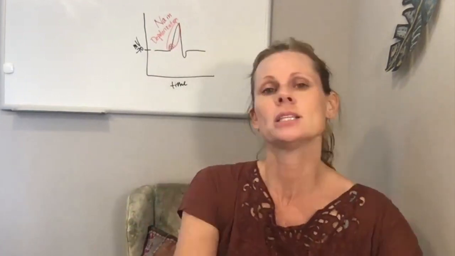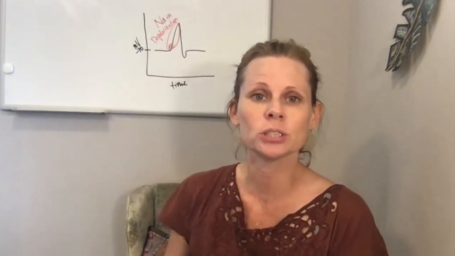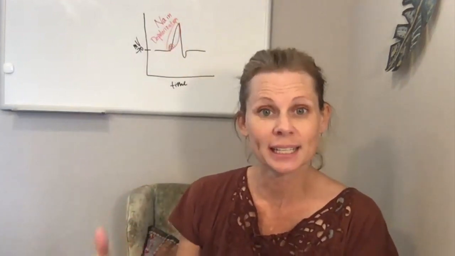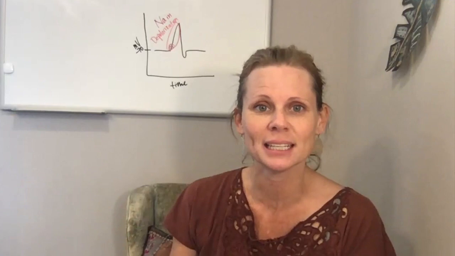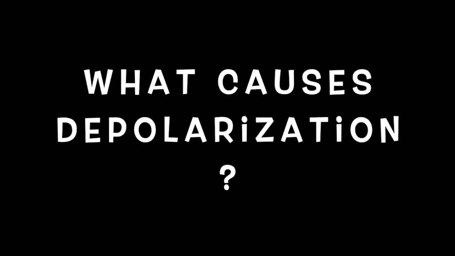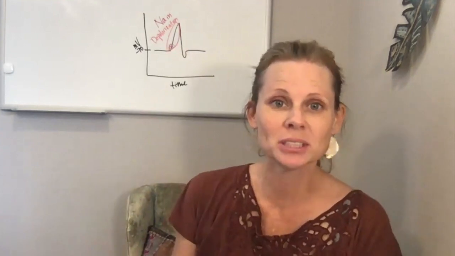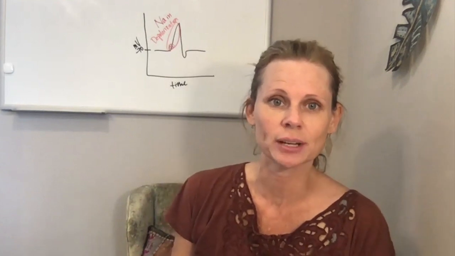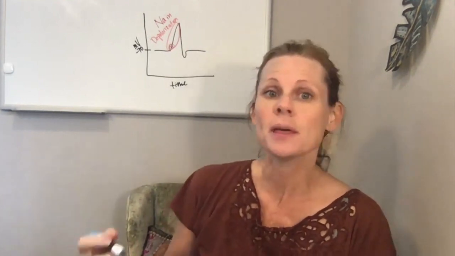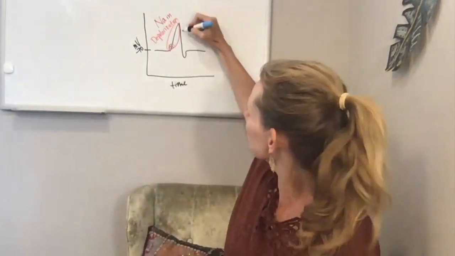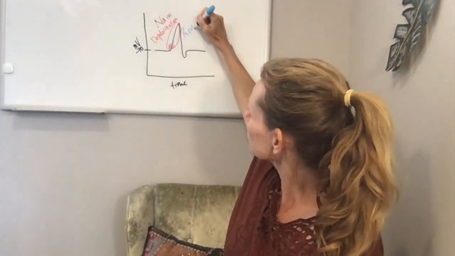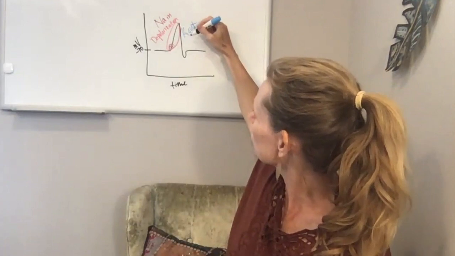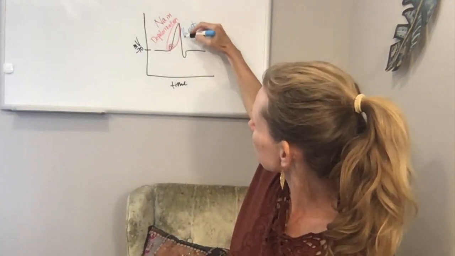All right, at some point the sodium is coming in and the voltage is going up, and the voltage will hit the voltage gated potassium channels at the voltage that they need to open. When the voltage gated potassium channels are open because the correct voltage to open the pore in the channel has been reached, then the potassium will exit the cell. Okay, so potassium out. When the potassium leaves the cell, this current is going to cause this to